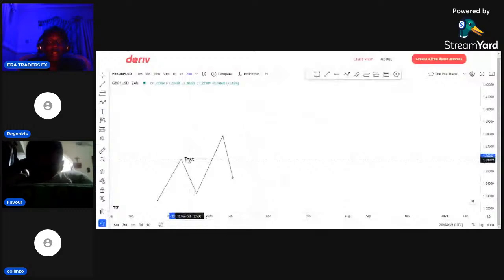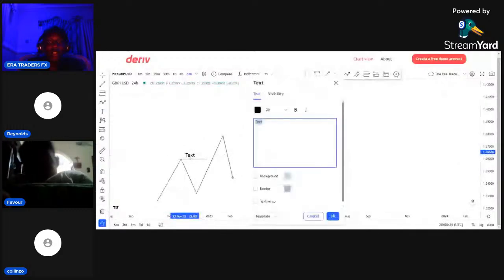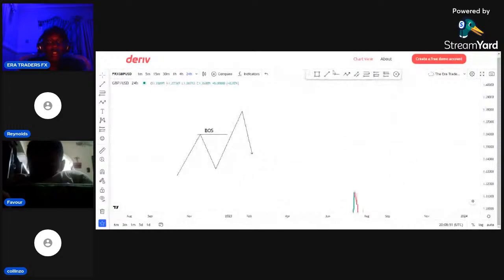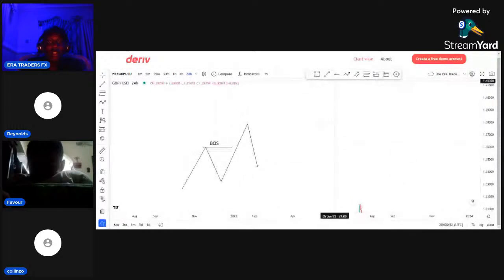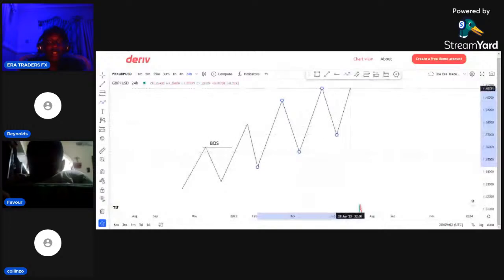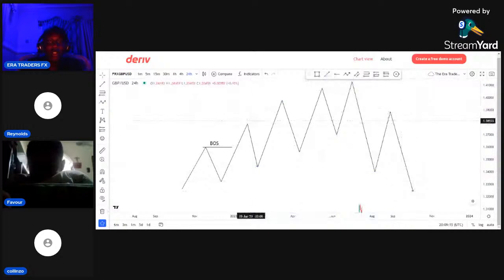What happened there is BMS or BOS, break of structure. Do you get what I just said? Yes, sir. When this high breaks, that's a break of structure, and another break of structure will be here again. Break of structure, break of structure, until the market now changes. That's what we call change of character. So when the market keeps on breaking out that high,